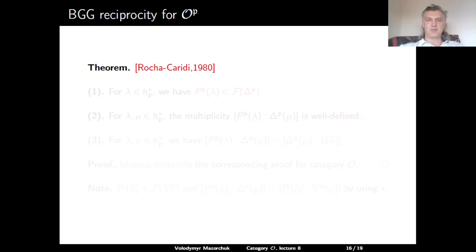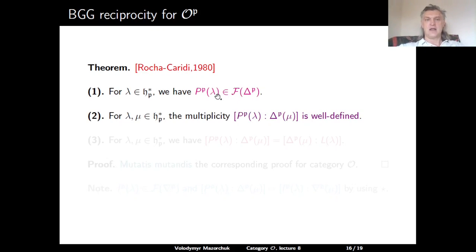This is a theorem from the original paper of Rocha-Caridi. Claim number 1, for any element lambda in HP star, the corresponding indecomposable projective object in the parabolic category has a parabolic Verma flag. Claim number 2, the multiplicity of a parabolic Verma module as a subquotient of a parabolic Verma flag of any indecomposable projective in the parabolic category is well defined, which means it doesn't depend on the choice of the flag. And the claim number 3, the BGG reciprocity, if we take lambda and mu elements from HP star, then the multiplicity of delta P mu in PP lambda is equal to the composition multiplicity of L lambda in delta